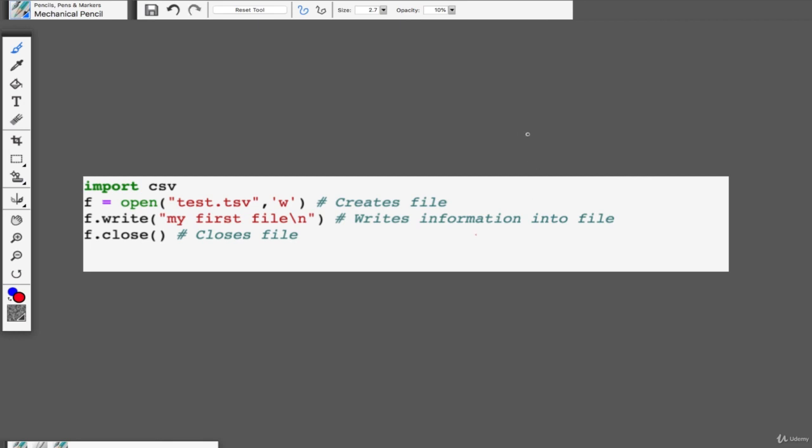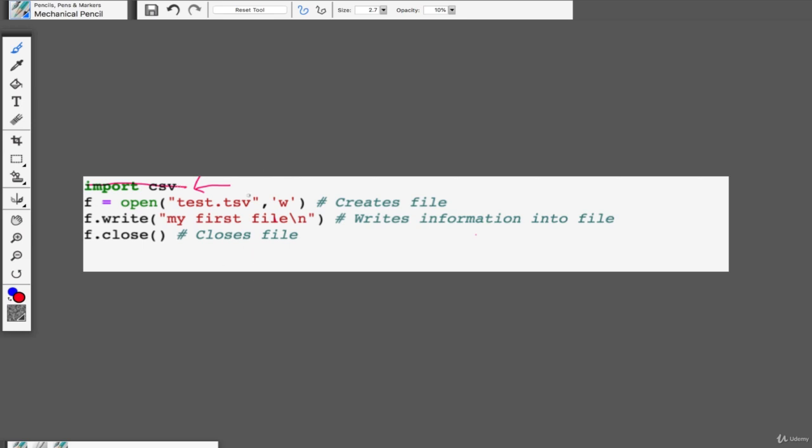Okay, we have a very simple syntax section for this class because we are just going to show you the process of writing, opening, and closing a file. And then the rest of it is more like tricks of the trade in between. So I do have the import CSV package here. You don't need that for writing. However, we're going to be using it a little bit in our